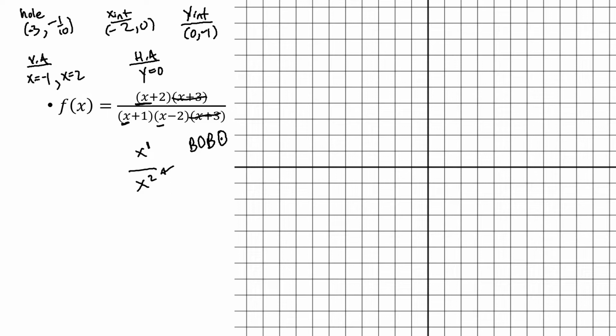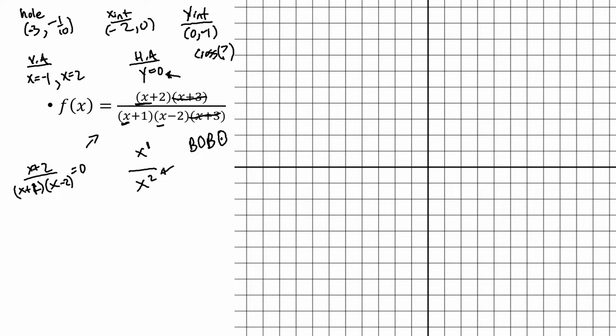Whenever we find the horizontal asymptote, we want to check if it crosses or not. To determine if it crosses, we're going to set our horizontal asymptote number equal to our function, and check to see if they're going to be equal to each other at a particular x value. So if we did that, we have x plus 2 over (x plus 1) times (x minus 2)